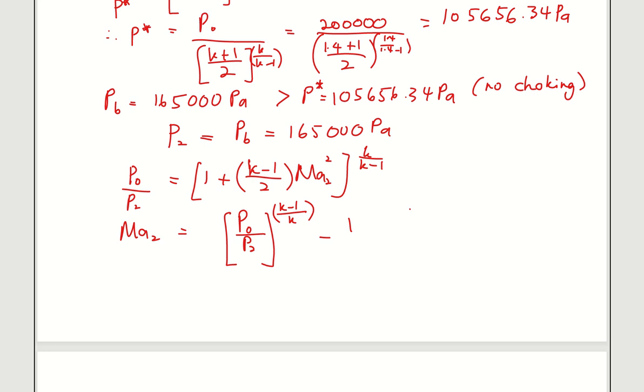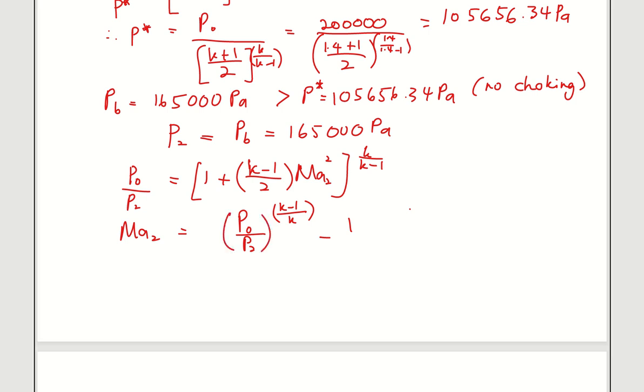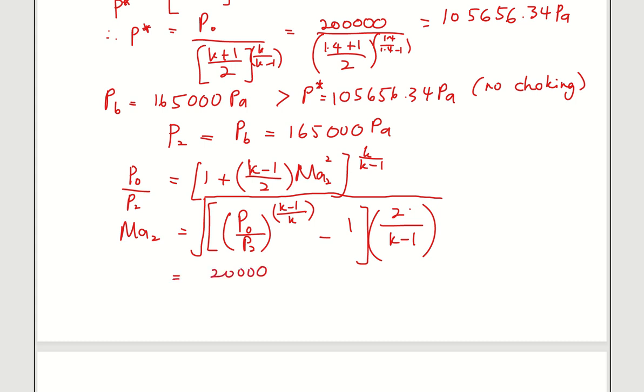Before that, let me change this bracket to this. Then I change everything here to another bracket. Then these 2 times you bring up, and this K minus 1 you bring it down. And remember that the Mach number is power of 2. So here you have to put the values. So you substitute the value 200 kilopascal divided by P2, which is 165,000, because there's no choking